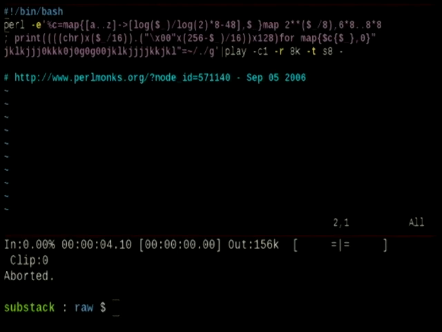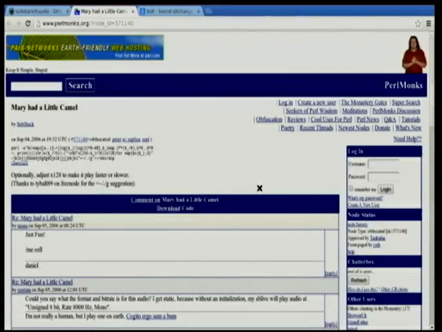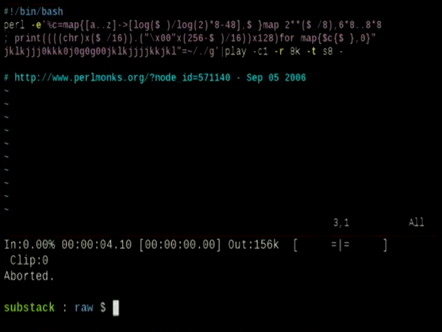Here's actually one of my first forays into this musical computing idea. This is a Perl script that I wrote in 2006, and I posted it to Perl Monks, actually. Here it is, by Substack, as you can see. What this program does, if you can't tell, is it plays Mary Had a Little Lamb, but it's kind of offbeat.